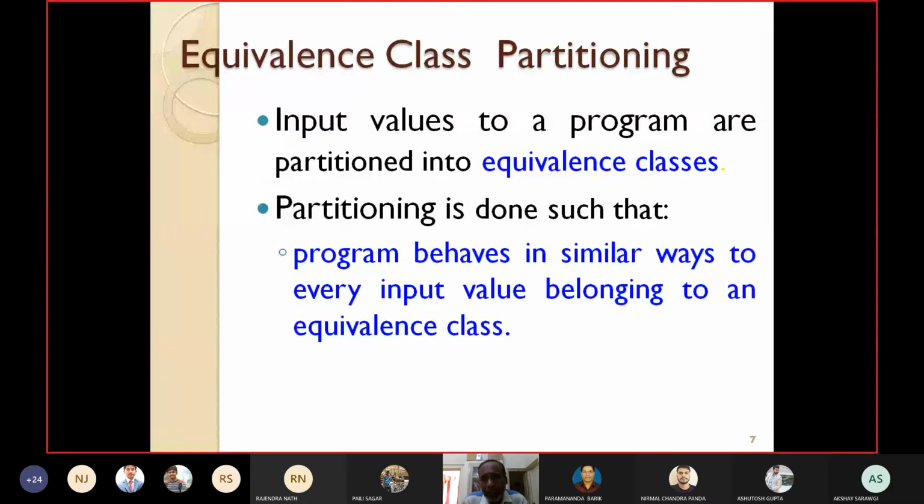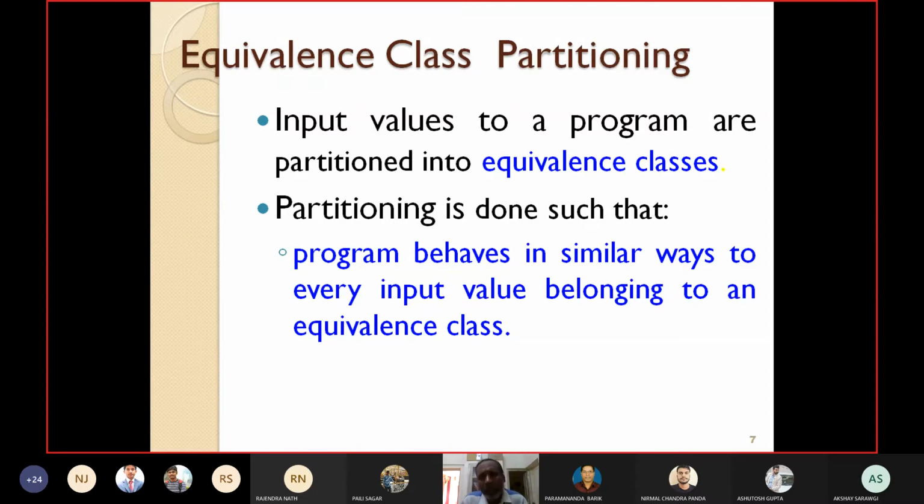So now, instead of taking so many input data, in this particular case, congruence modulo n, where I have taken n equal to 3, just 3 input values will be sufficient. One from 0, 3, 6, 9, any one, suppose 3. Then one from the second equivalence class, that is 1, 4, 7, 10, let's take 7. And one from the last equivalence class, that is 2, 5, 8, 11, 14, etc. Let's take 5. In this way, instead of taking an infinite or a large number of input data, just by taking 3 numbers, we can test our program. This is the idea behind equivalence class partitioning.